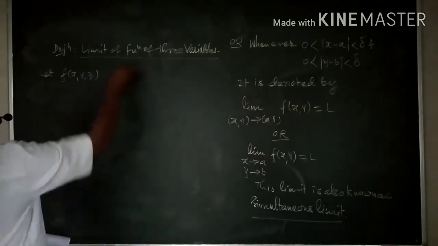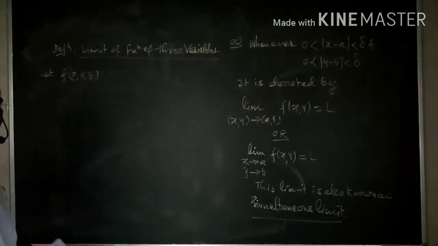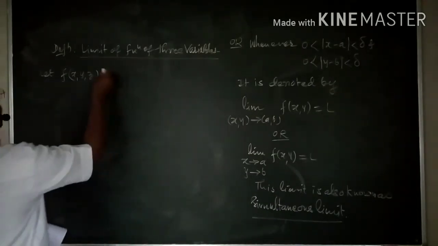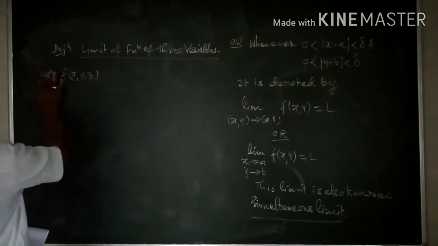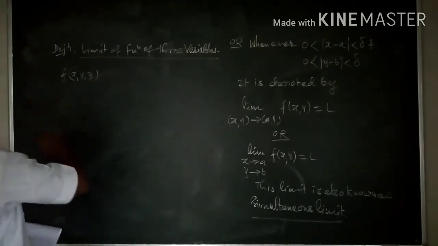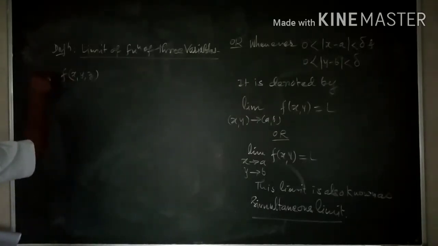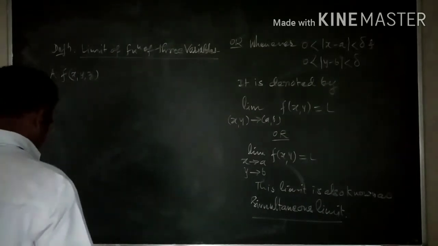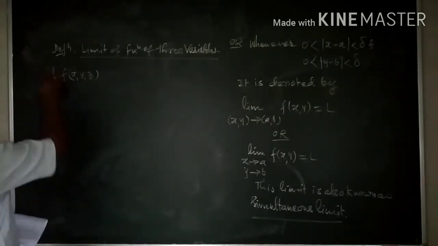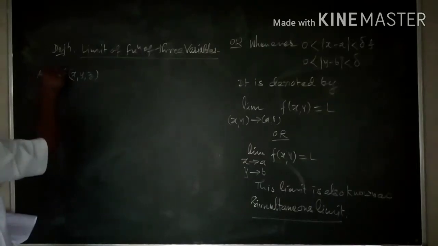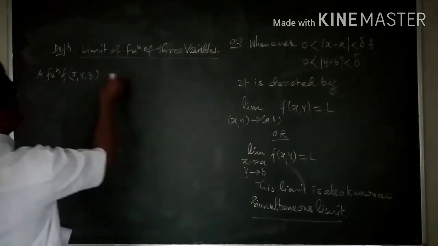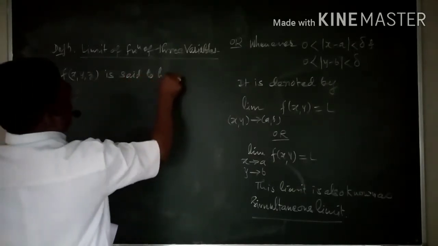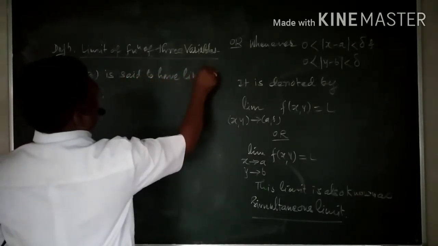As we need a function of three variables, let us consider f is a function of three variables x, y and z. A function f of x, y, z is said to have limit L